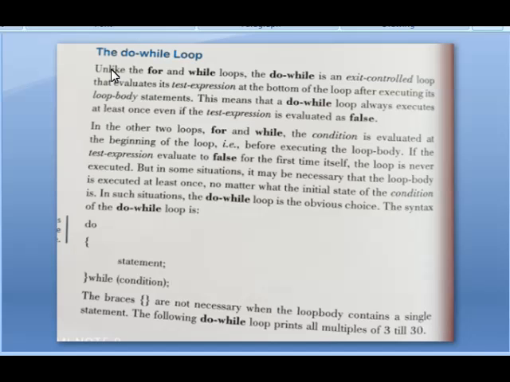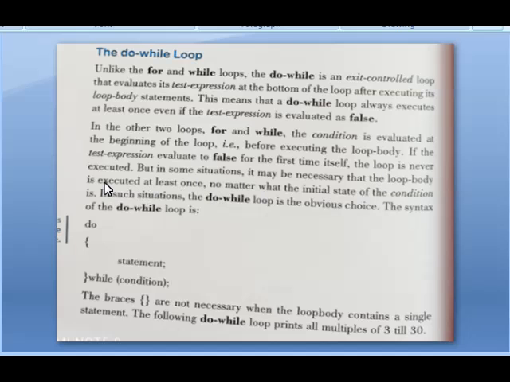Do while loop. In the do while loop it will execute the statement once, then check the condition. Unlike the for and the while loops, the do while loop is an exit control loop that evaluates its test condition at the bottom of the loop after executing its loop body statements. This means that the do while loop always executes at least once even if the test condition evaluates to false. In the other two loops, for and while, the condition is evaluated at the beginning of the loop, that is, before executing the loop body. If the test condition evaluates to false